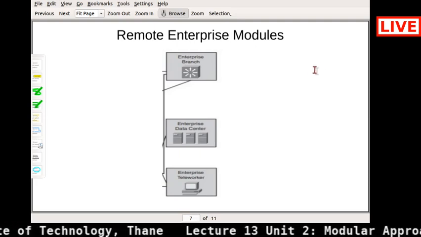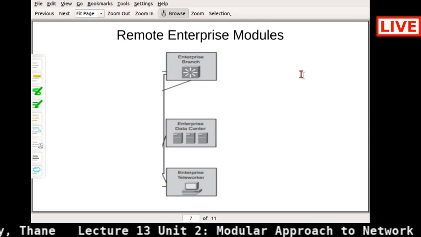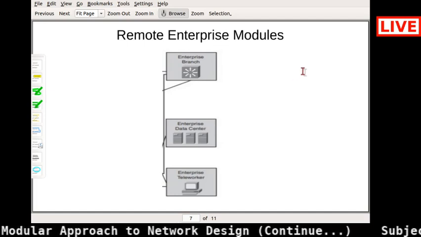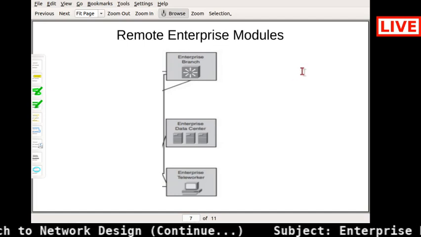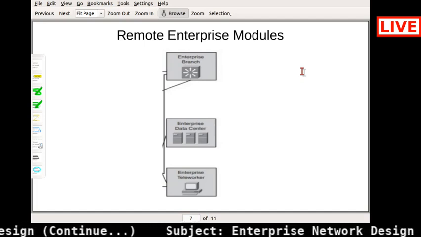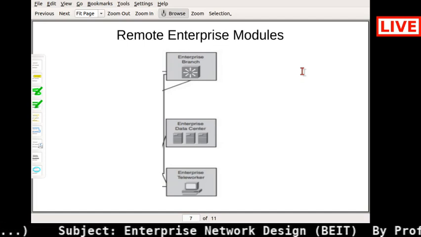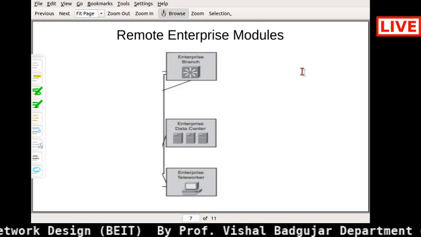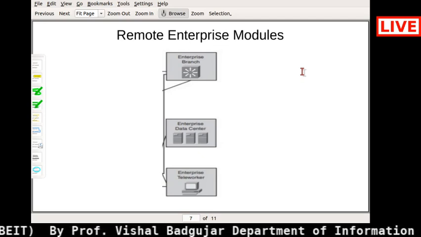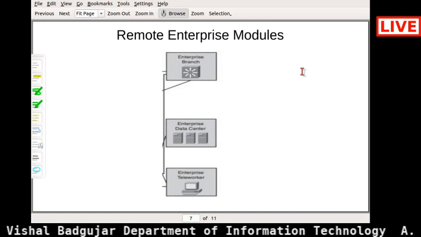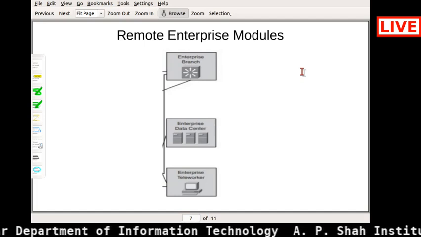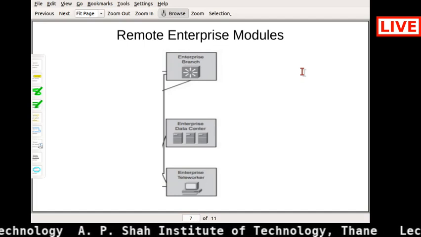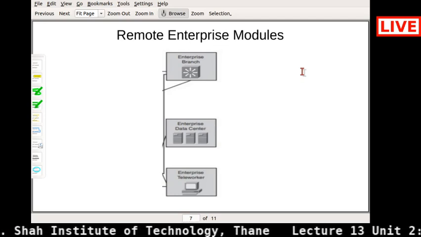A branch office can be located away from your central branch. For example, there is a central branch, and a sub branch is also there. Likewise, if any regional sales office is there, their central branch is different, and they have different offices, right? So if you have remote offices, sales offices, branch offices, users must connect from all these branches to the central site